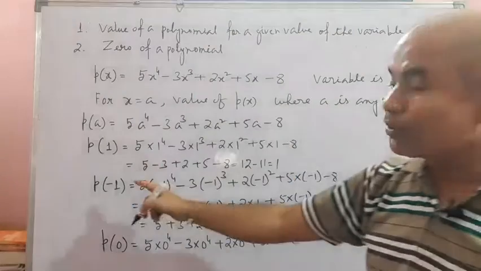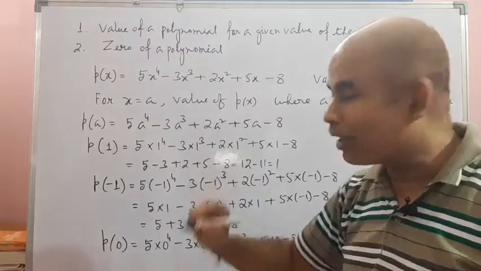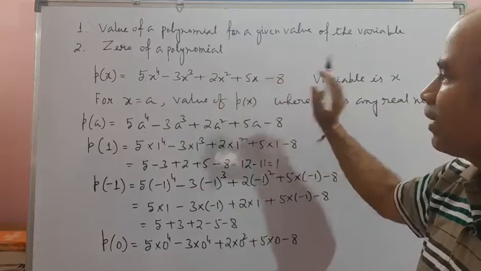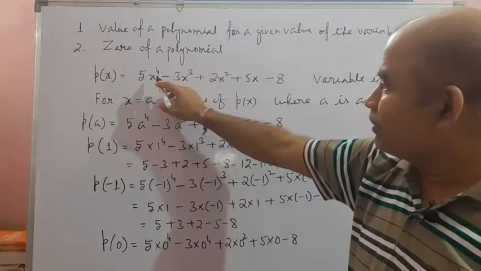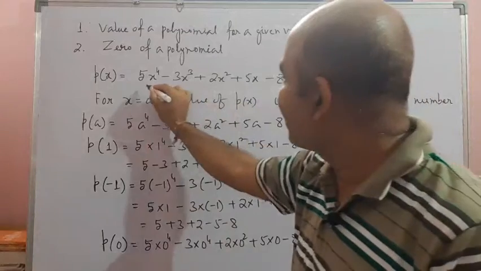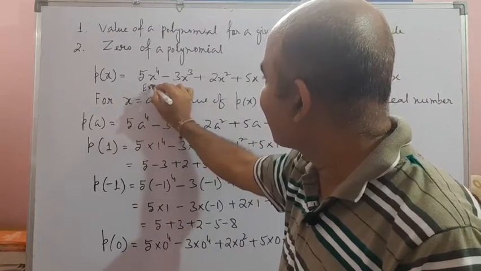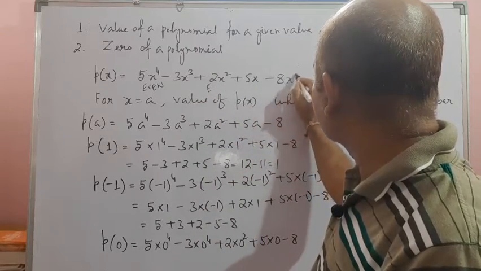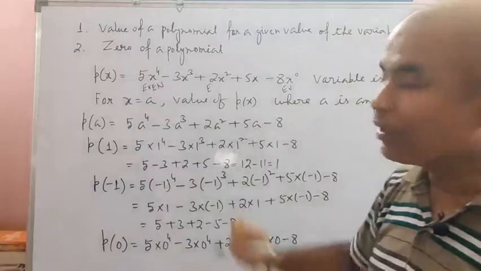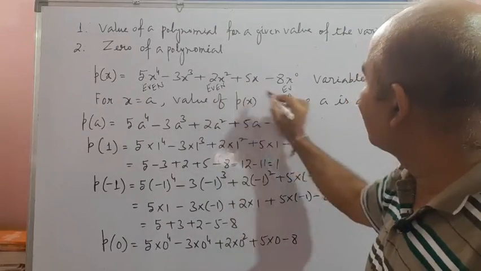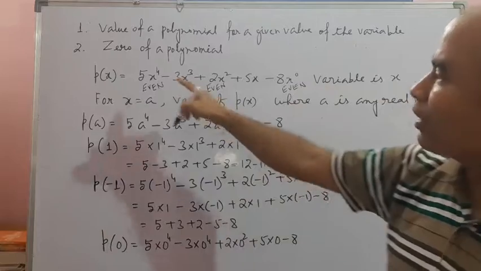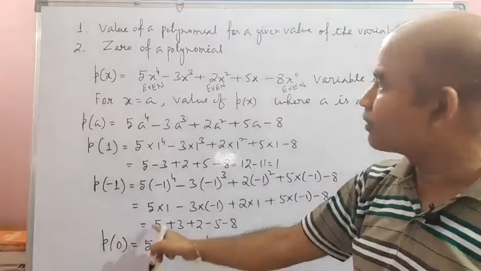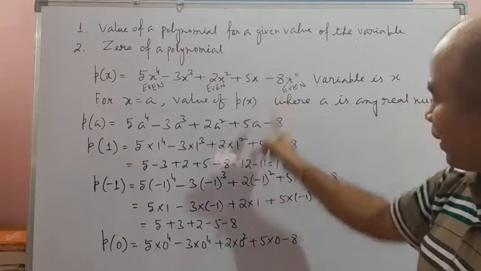Next come to this one. If I put minus 1 in place of the variable, then what will happen? Again you see the coefficients were 5, minus 3, plus 2, plus 5 and minus 8. First see where the power of x is even. Like here the power of x is even, I write e for even. Here the power of x is even. Here it is x to the power 0 actually, so here also the power of x is even. Here also the power of x is even. So when the power of x is even, whatever the coefficient is, exactly you write the coefficient. You see 5 for x equal to minus 1, plus 2 minus 8.